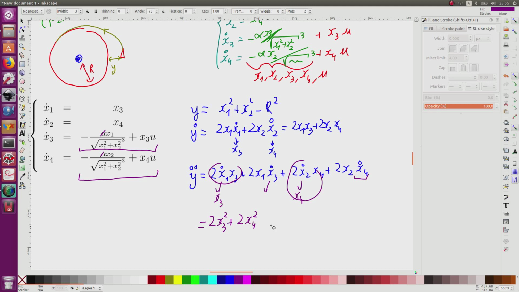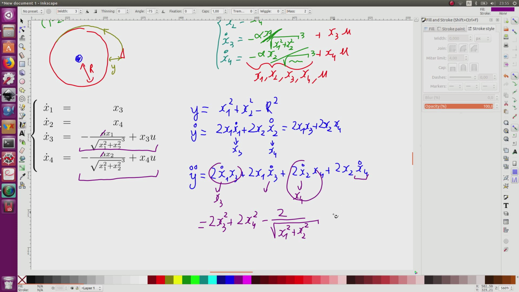Now I will obtain an expression which does not depend on u, and it will be minus 2 divided by the square root of x1 square plus x2 square. So there is some simplification,